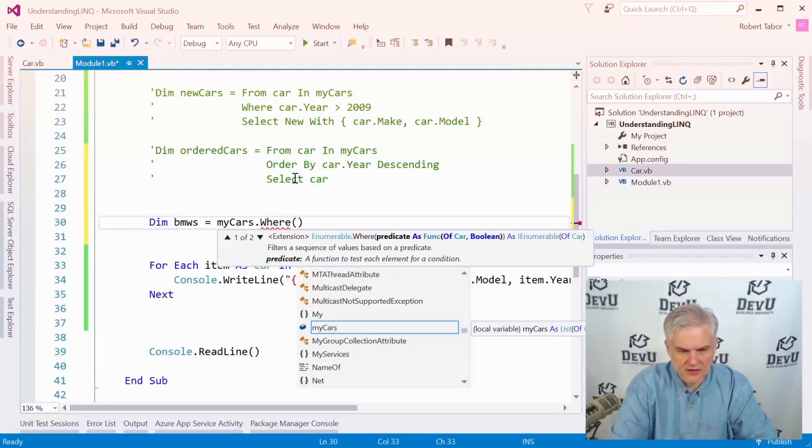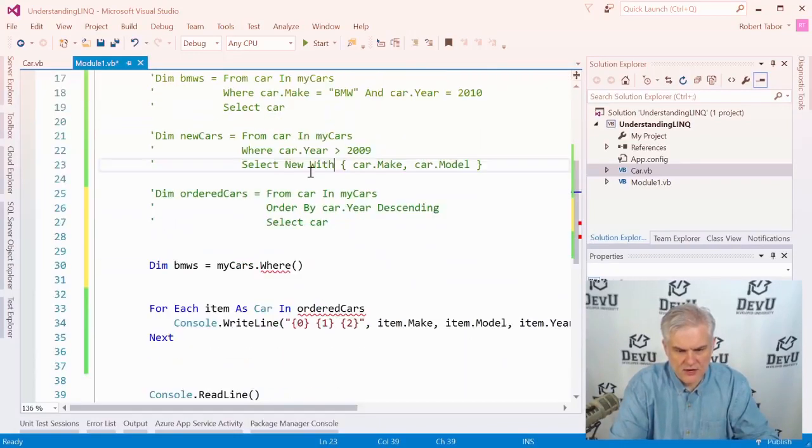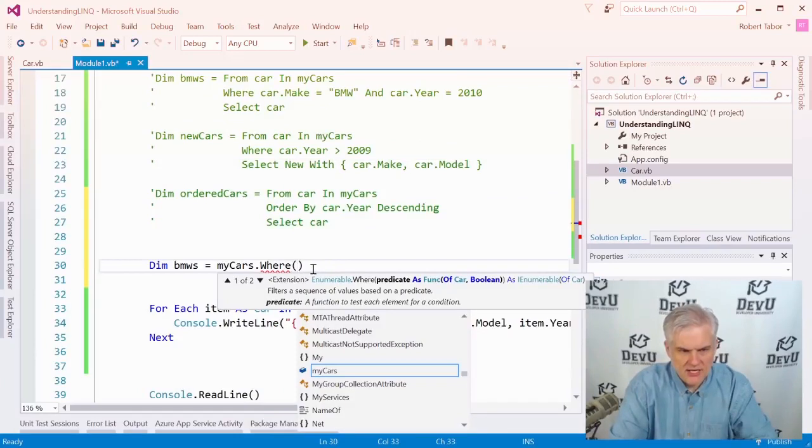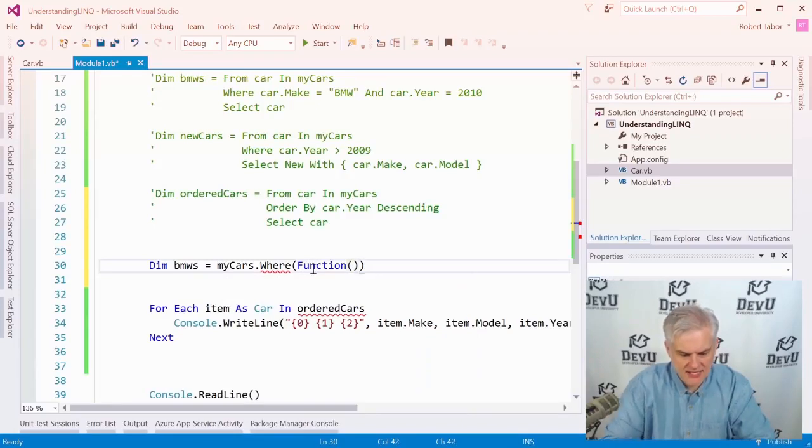I'm going to have to find all cars that, what was the criteria again here? That are BMW. Okay, so here what I'm going to do is pass in what's called a lambda expression, which is a mini method or a mini function. So I'm going to say the criteria we're going to use for the where clause is I'm going to create a little function and I'm going to pass in each car in my list of cars. And I want you to pass me